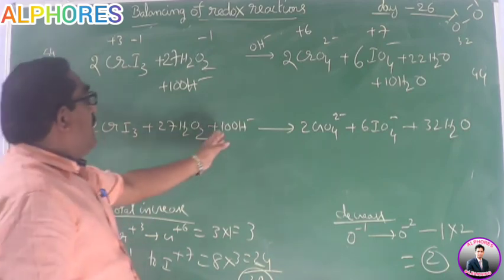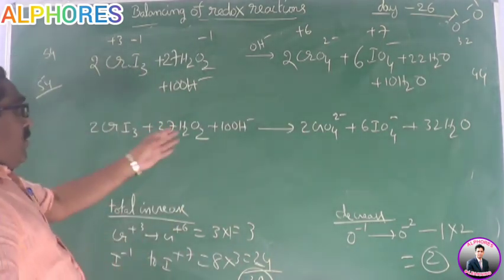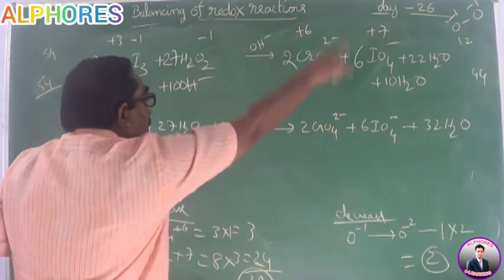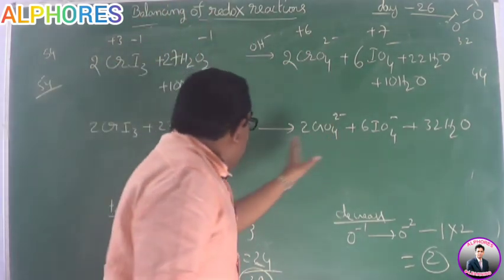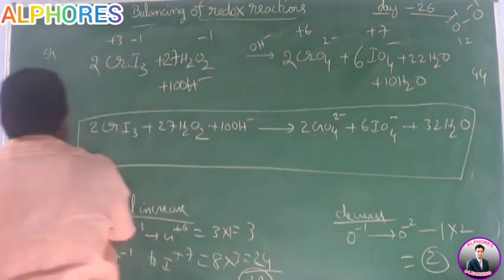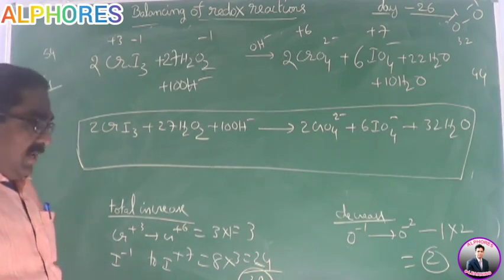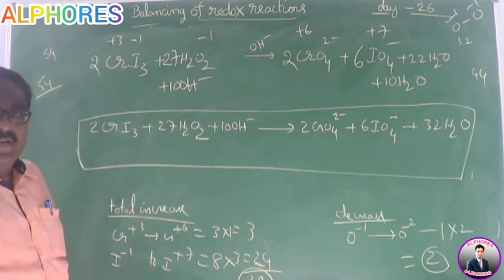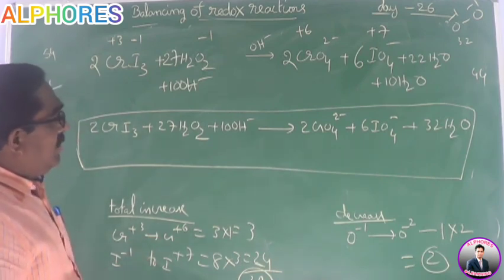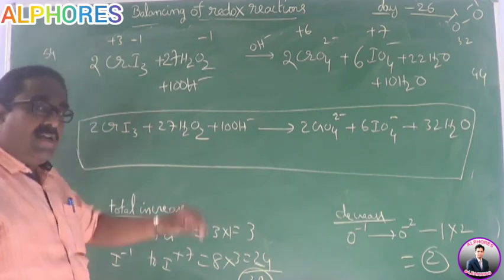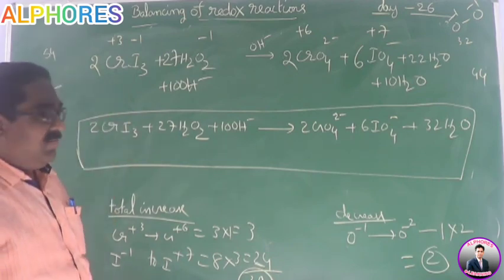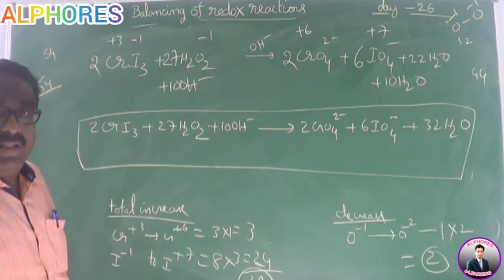Charges are balanced, minus 10, minus 10. Chromium and iodine are already balanced. If you have any doubt, check the hydrogen also: 54 plus 10, 64 here, 64 there. 32 oxygens, oxygens also balanced. This is the final balanced equation. Same technique, but a little concentration is needed, nothing more than that. I think most of you have followed this. Please keep this technique in mind by remembering the rules we have learned in the previous sessions. This is just a technique for how to balance.